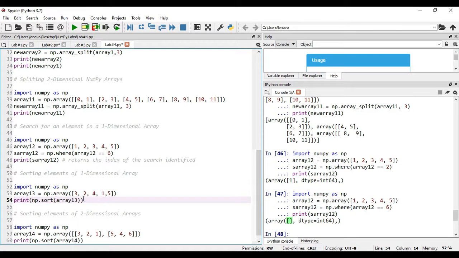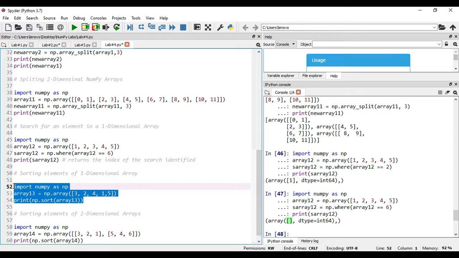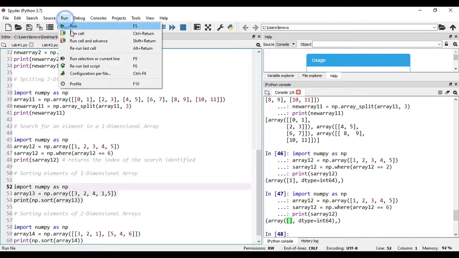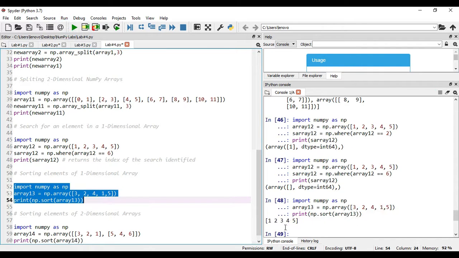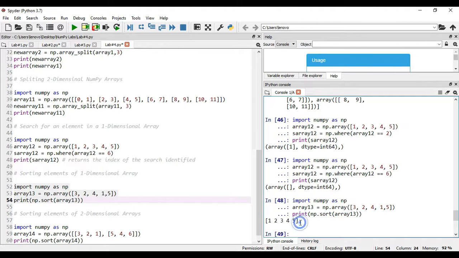So in order to see the results, intentionally I have displaced the sequence of elements here, right? Let us see the output for this statement. Okay, the output is the array elements which are in the proper order, arranged in a sequential way, that is in ascending order.